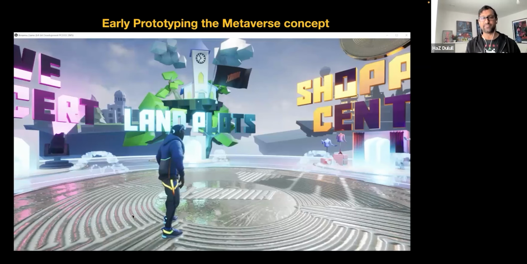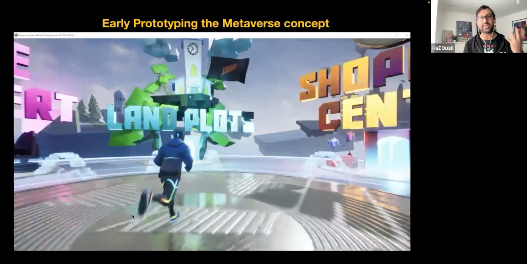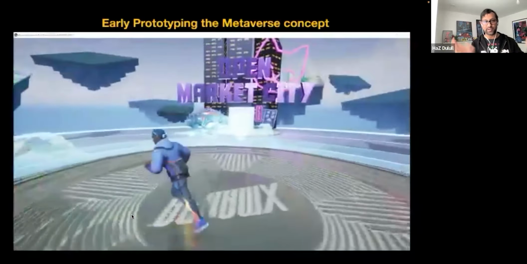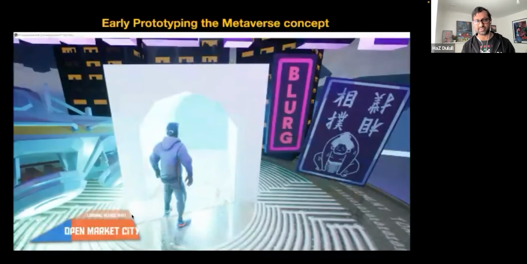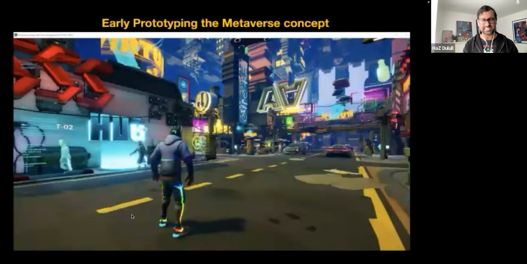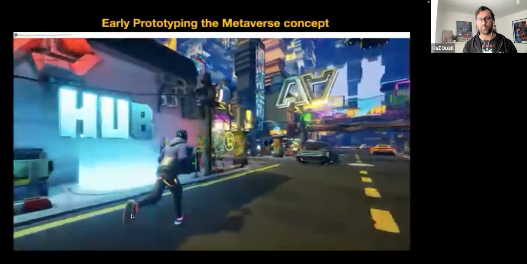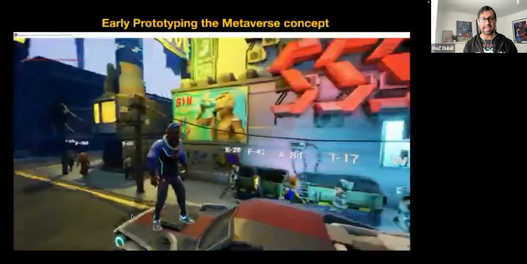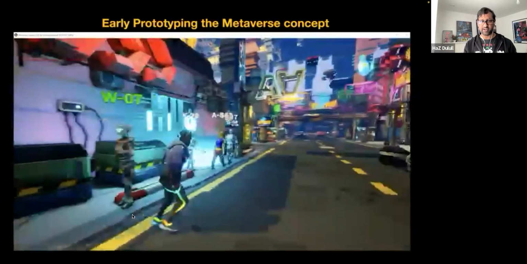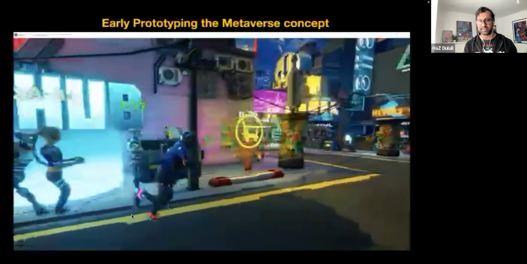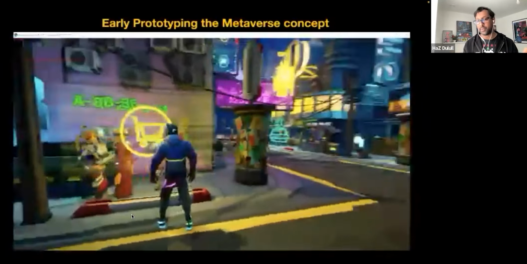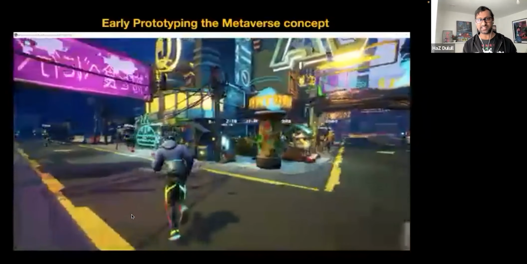So we spent a few months putting together this quick prototype using all the assets that we used in the trailer, like the character and the environments, and we just put it in a real-time environment and plugged the controller in and started moving around and then started putting in some interactions and blueprints, just some basic interaction, just to see what the world would be like as an immersive experience, as opposed to watching a video. And we started building our own basic AI system, and we just kept building essentially a game, a big MMO we're making here, right? But they were blown away, obviously, and we were like, hey, this could work.